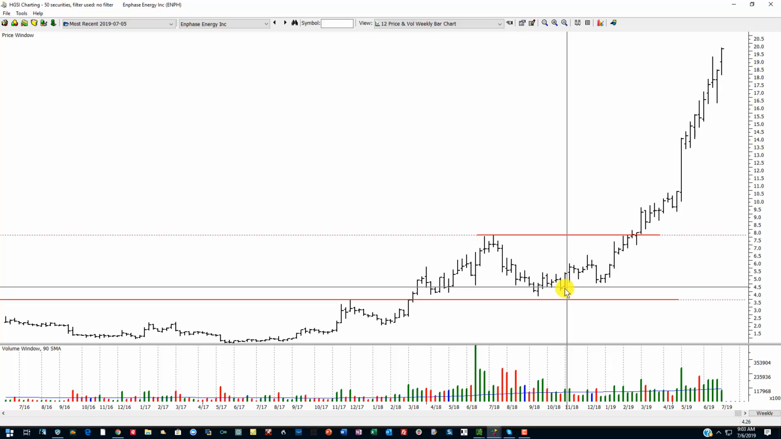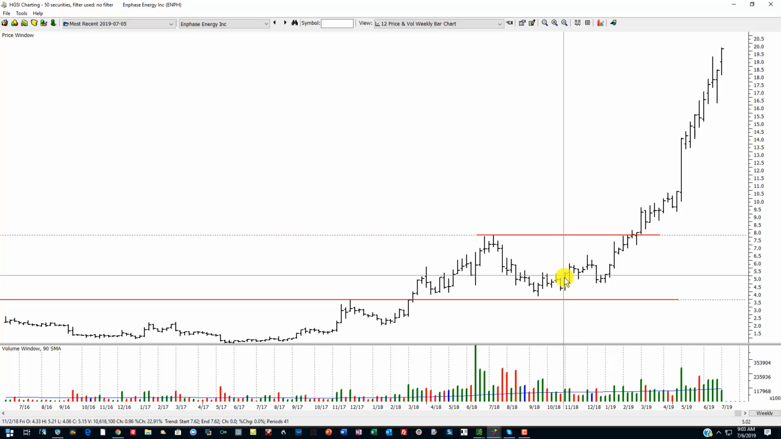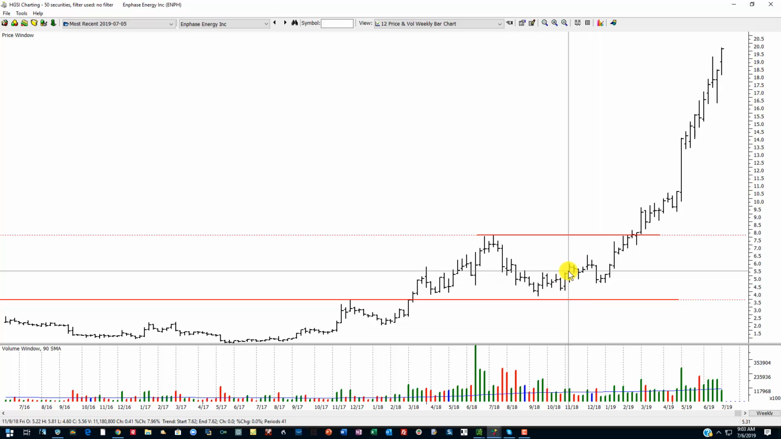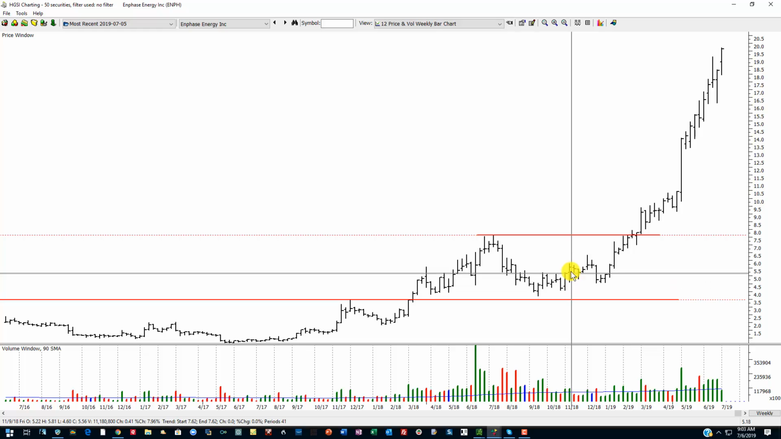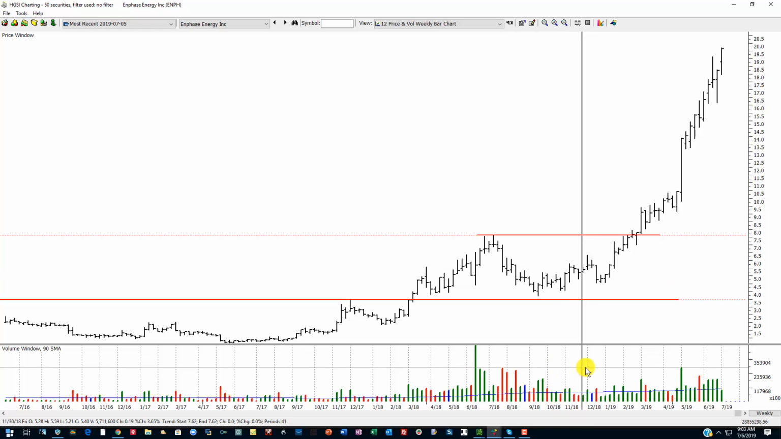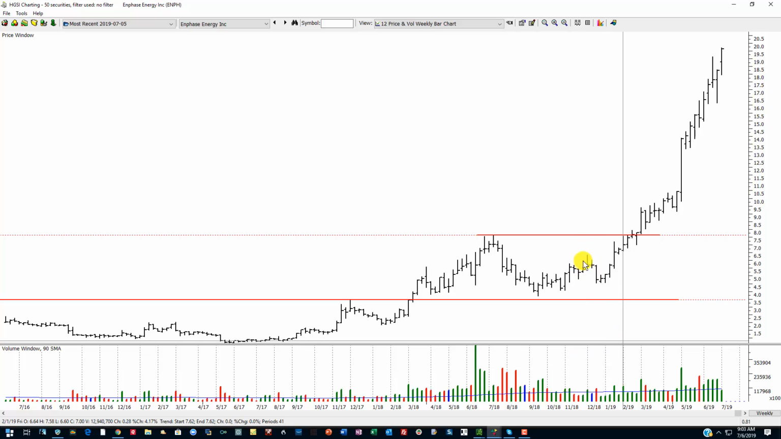So this bar opened here, closed here, strong bar, opened here, traded down, closed here on increasing volume. We have some weakness here on a couple of bars, but notice that the volume was light. This is considered a weak bar here. This would be,